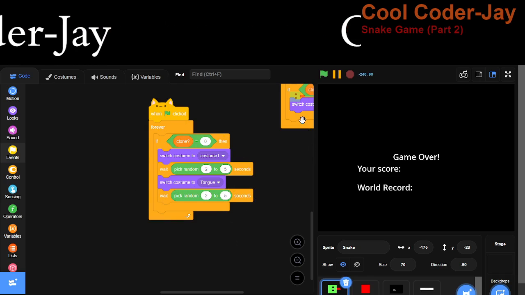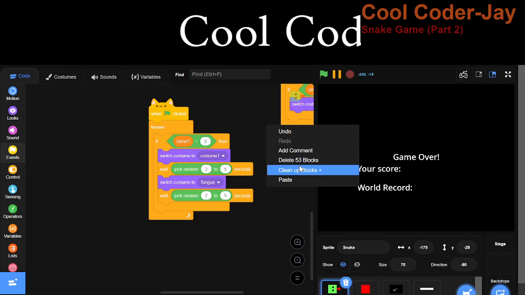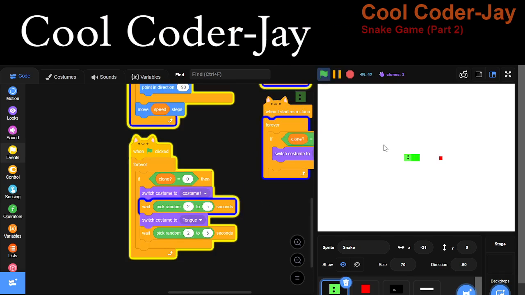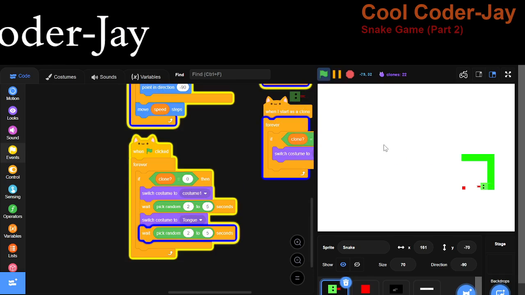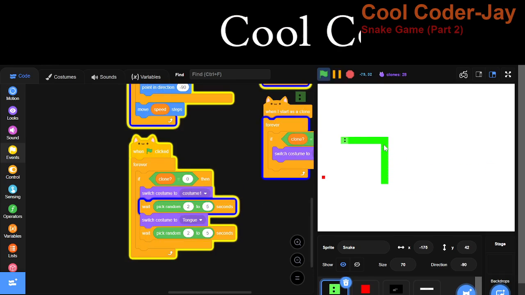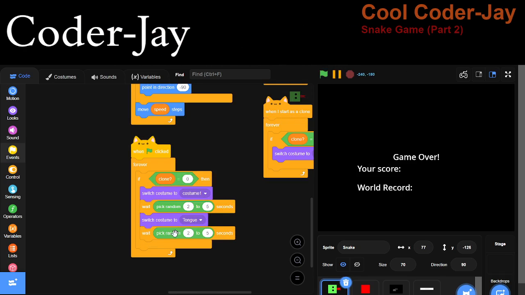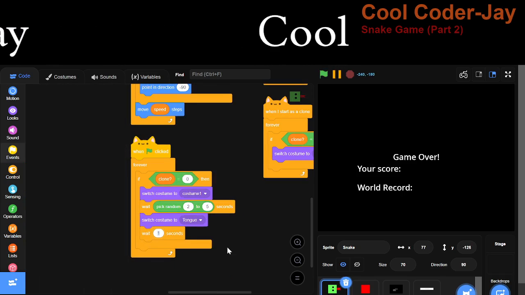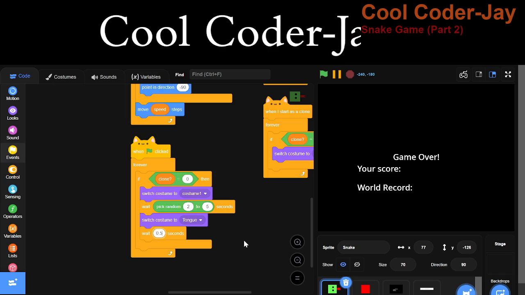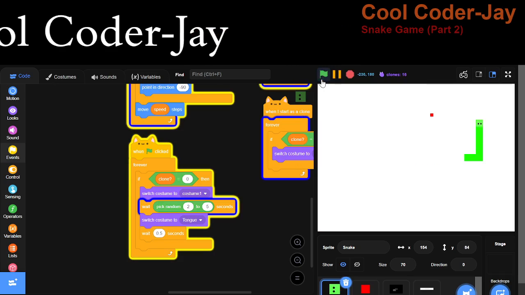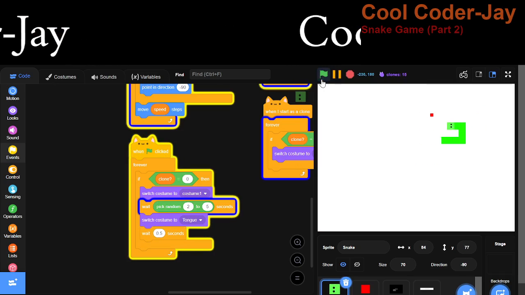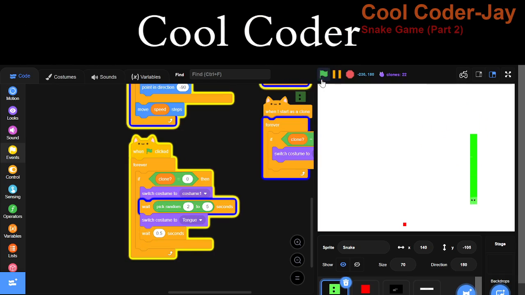So let's test this now and just clean up the block. See, the tongue came. I think that the wait here must be 0.5 seconds, I guess. Let's see. Yes, 0.5 is a good time.